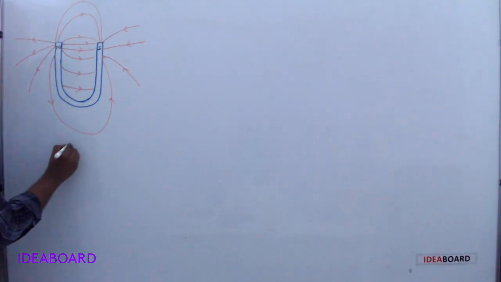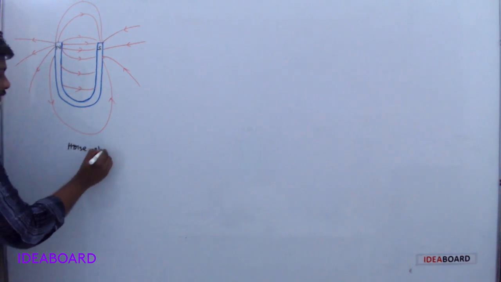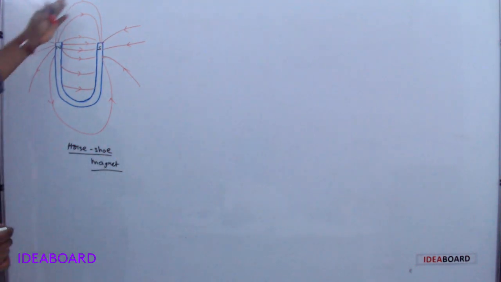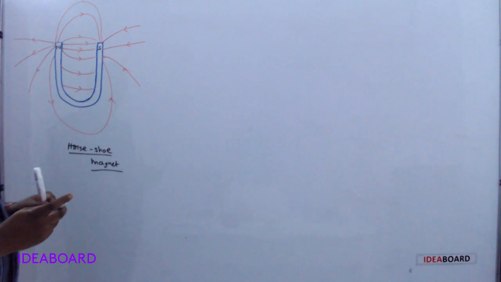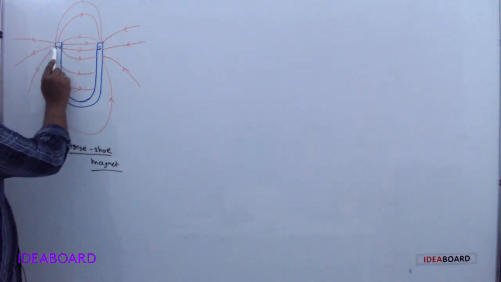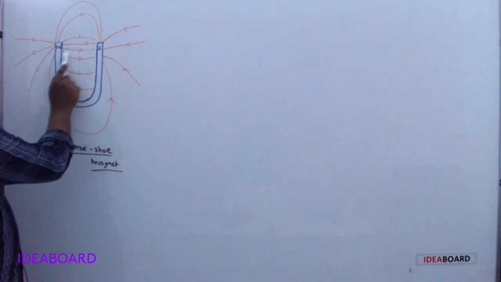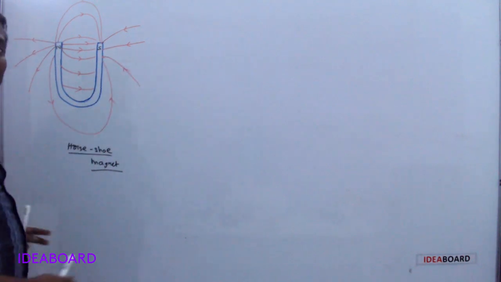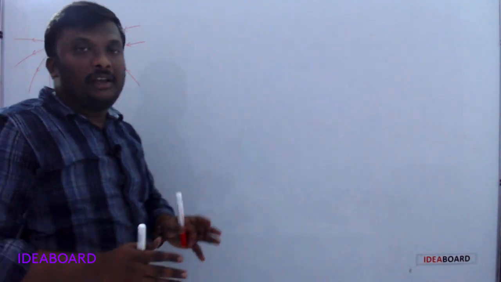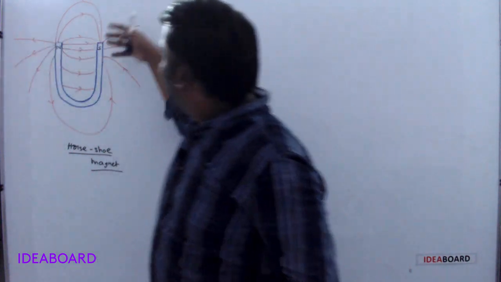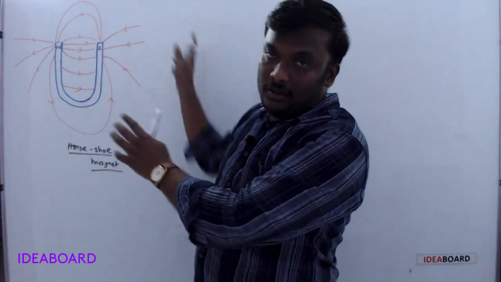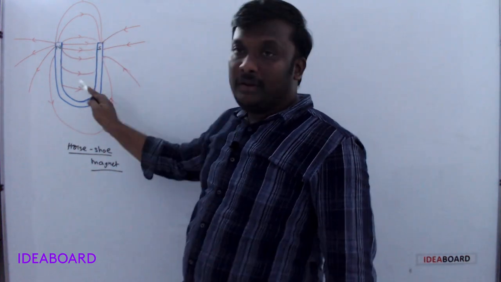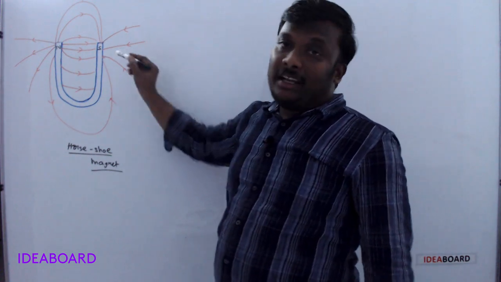Let us see, for a horseshoe magnet, the magnetic field lines are visualized like this. Everywhere, the lines of force outside go from south to north... everywhere from north to south, only outside is available. Everything is closed. Okay, don't think these are written like this. These are also closed. Everywhere is closed. Understand? Outside, from north to south, everywhere the magnetic field lines will appear from north to south.